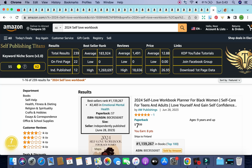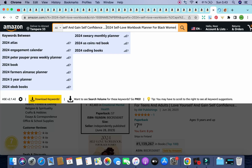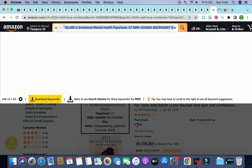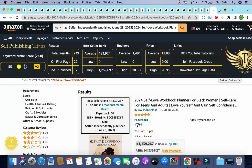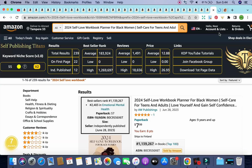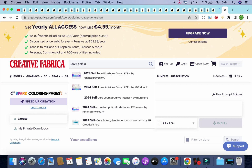And you can also create a 2024 self-love workbook planner for Black women, and this is one of the keywords that I'm going to search up as well and see if it brings any results. So I'm going to search the new keyword that I just gained, and we will also have a look at Creative Fabrica and see if there are any interiors available for the self-love workbook. So heading back to Creative Fabrica, we're going to click on 2024 self-love workbook, and yes,